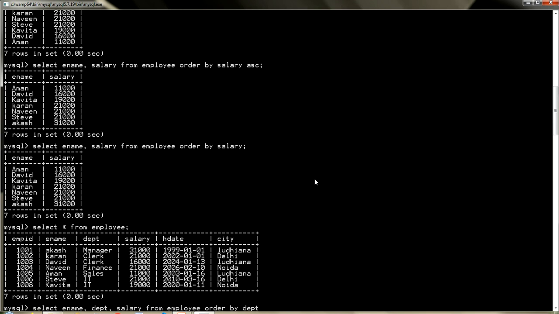Now when it will sort the data, of course it will sort the data in ascending format if I don't mention. So suppose I mention ascending. Now definitely it will search for the department where the character starts with A. So no department starts with A, so then it will look for B character, then it will look for C. So we have two clerks now. Which record will it show you first now? Here we can apply the sorting by using one more column.